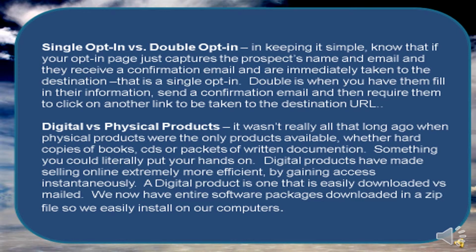So what's happening here in a double opt-in is they're giving you their name and email, they're opting into your list, and then they're getting a confirmation email, and they're clicking on the confirmation link in the email, and then they're receiving your thank you page or your email, whatever you're doing to send them to the destination URL, in which they're having to click on another link. So it's like they have to click on two different links. One, the confirmation email link, and then two, the destination URL link. So that's considered a double opt-in.